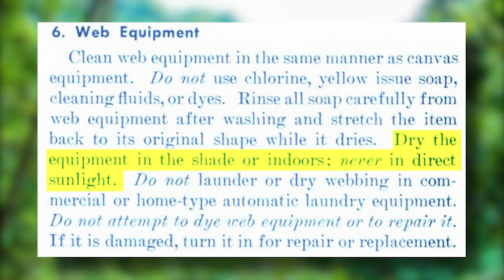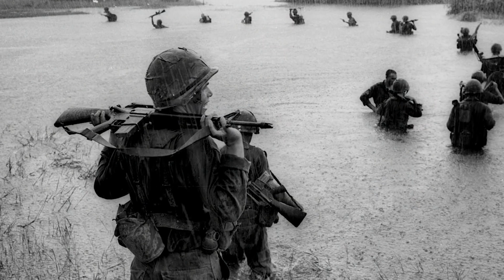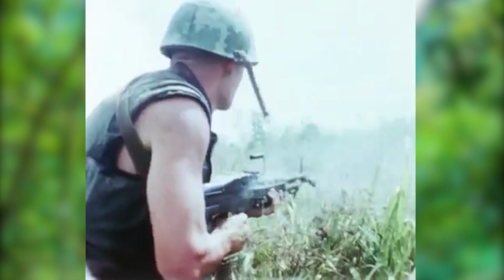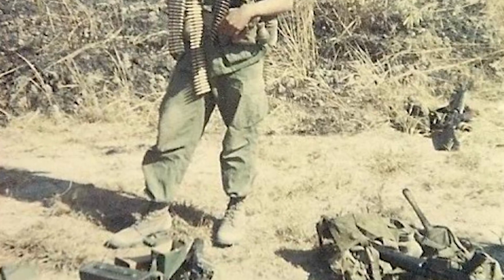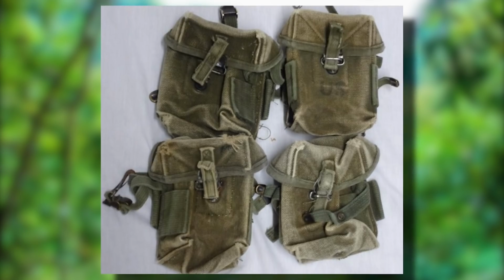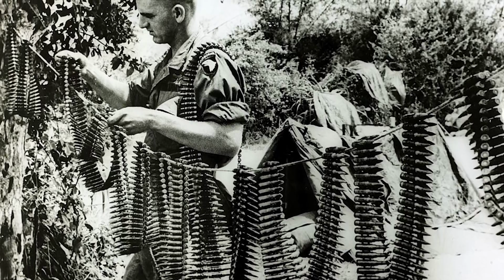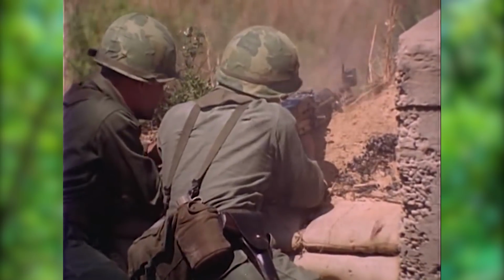The problem was that it was being constantly used in Vietnam, which had a very humid and wet climate. Throw in tons of rain during many months of the year, various rivers, ponds, lakes, rice fields, and so on, and you have yourself a bit of an issue, as equipment would often get wet and would dry in the sun. This led to warping and faster deterioration. The canvas material would also get heavy when waterlogged and cause equipment and items to become wet too. Overall, the cotton canvas was proving to be a bit of a problem, and so in the later half of